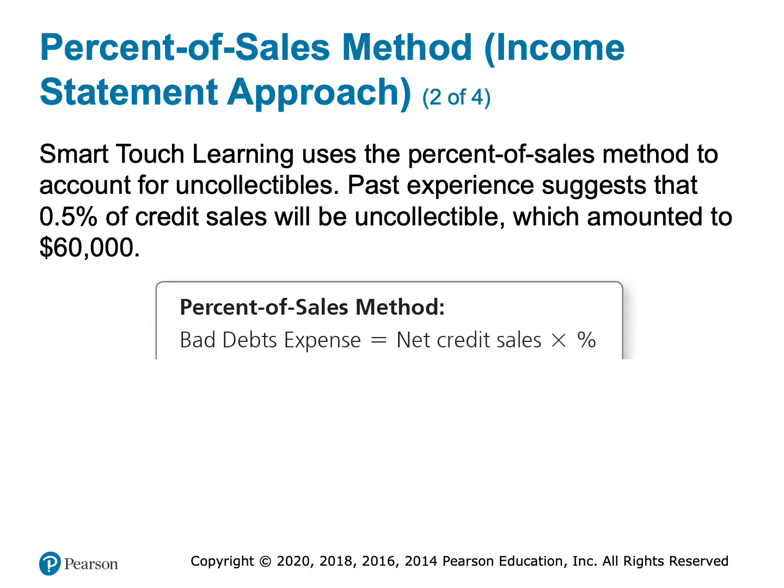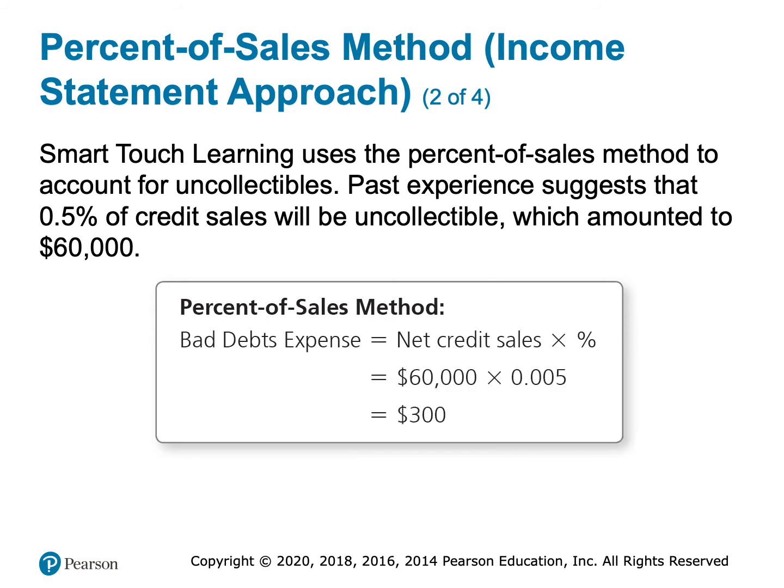So in our example, we're told that we think 0.5%, so 1/2 of 1%, would be uncollectible. And credit sales were 60,000. So 60,000 times 0.005. Remember, to convert a percent to a decimal, you move the decimal 2 places to the left. So 0.5% is 0.005, which means we're estimating that out of the $60,000 of credit sales, we're not going to